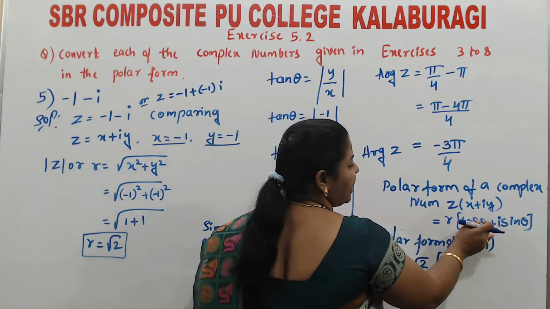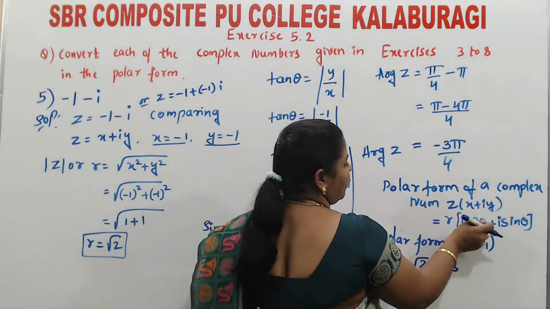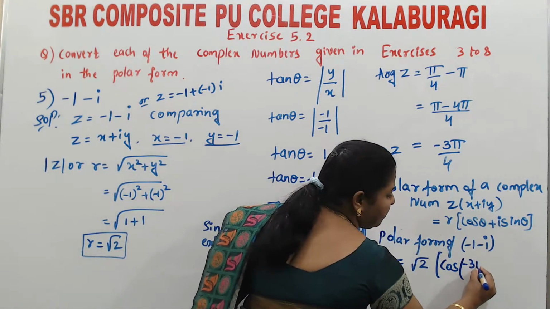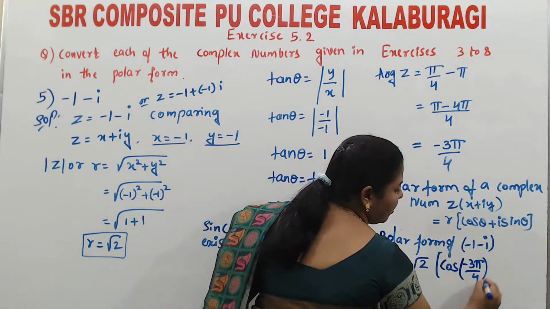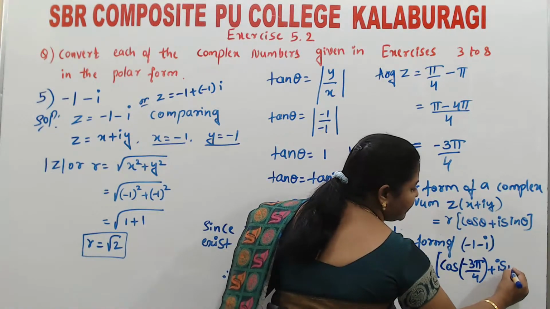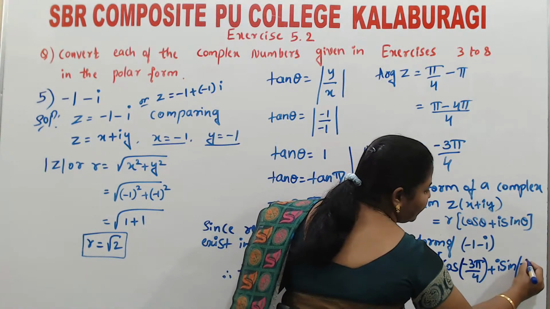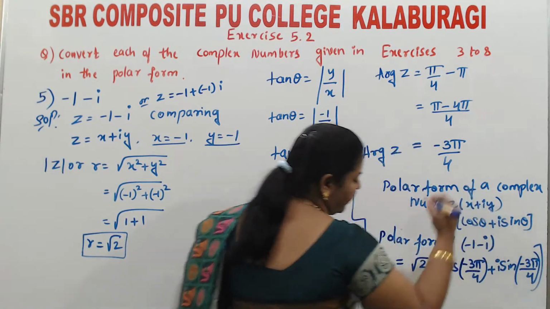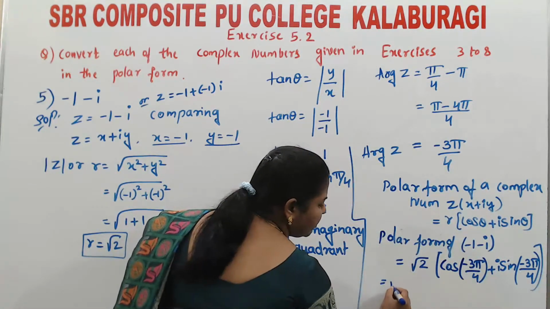Principal value of theta is minus 3 pi by 4, plus i sine of minus 3 pi by 4. Another step also we can write, right? Which is equal to, we can write this one as